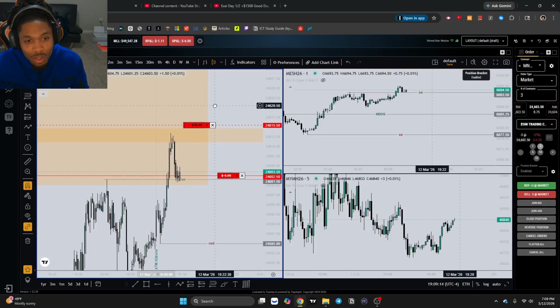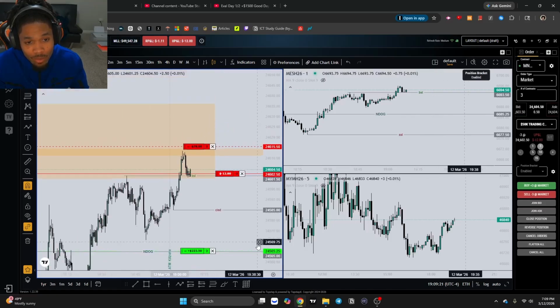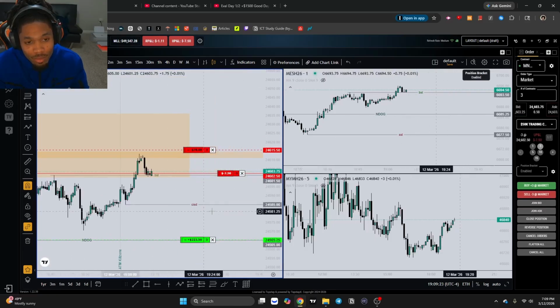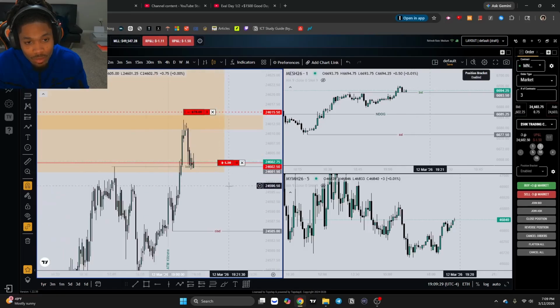Paying attention to the lower time frame, the 30-second. Hopefully we can reject this area also. If not, we may just be wrong. But if we can support that,